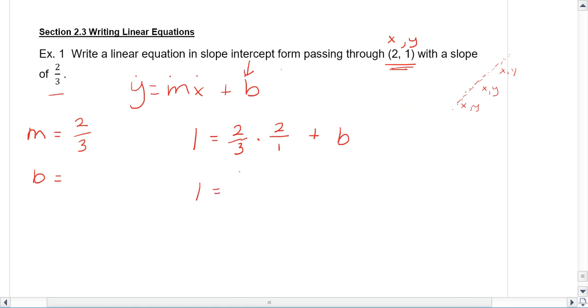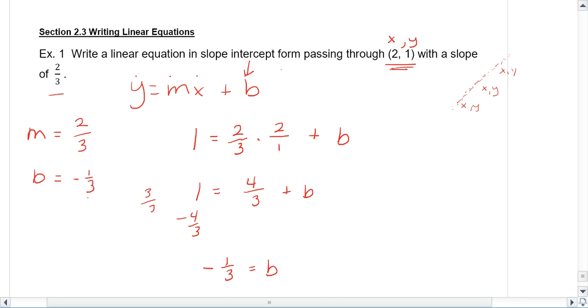So go ahead and multiply, and we get 4/3 plus b. And then if we subtract the 4/3 from both sides, I was kind of thinking of this 1 as 3/3, and 3/3 take away 4/3 is a negative 1/3. And that's the b. So I'm going to write that over here,